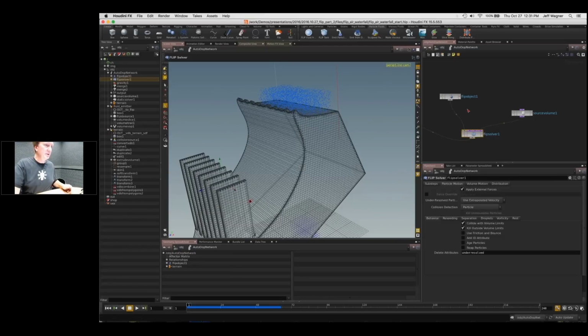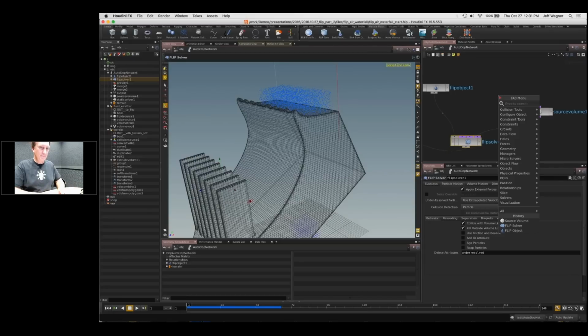And the first thing we can do is introduce curl into the fluid simulation. The flip solver has three inputs: the first left purple input is particles, then you have volume velocity, and then finally you have sourcing. So what I wanted to put down here is we're working with volumes in dots, and there's a great node in here called the